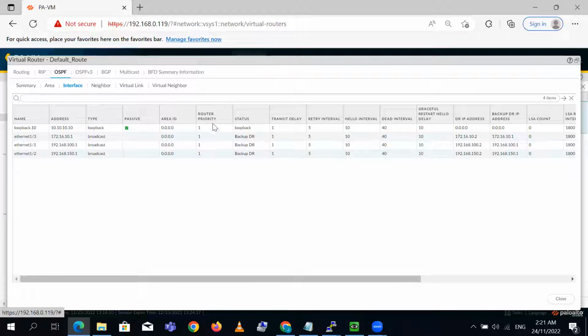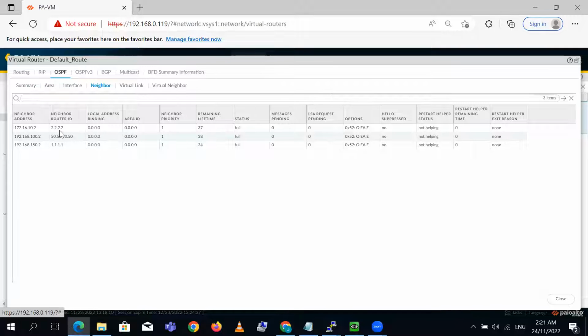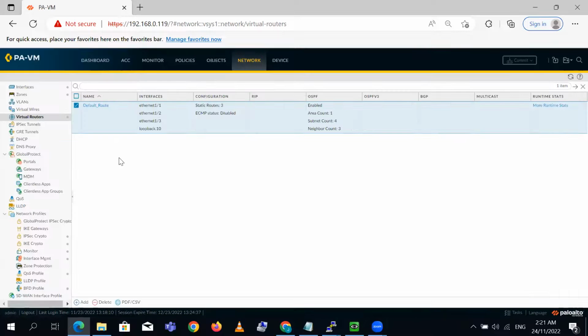Guys, we will also focus on the router priority configuration, my backup DR and my DR, the designated router. What is a designated router and what is a BDR? We will see how to play with this, and we will make my DR a BDR and the BDR a DR. But we'll do this in the last part of today's video. And then there is the neighborship, which is already available with my DMZ, internet and inside. And if you see, the priority is by default 1, and this is all, I believe. So let's move on with our configuration for the